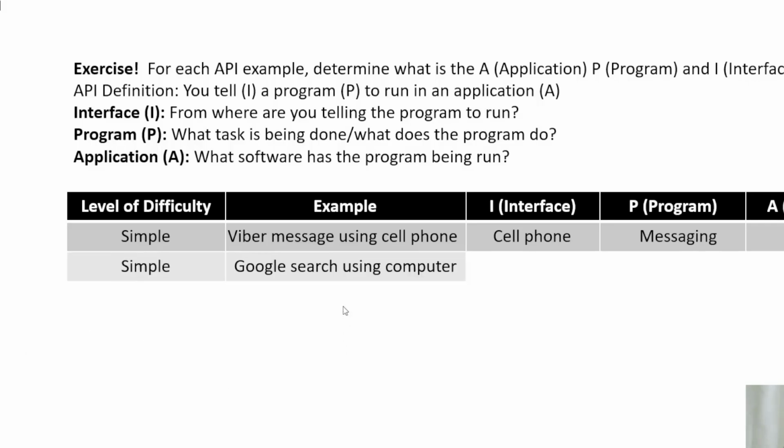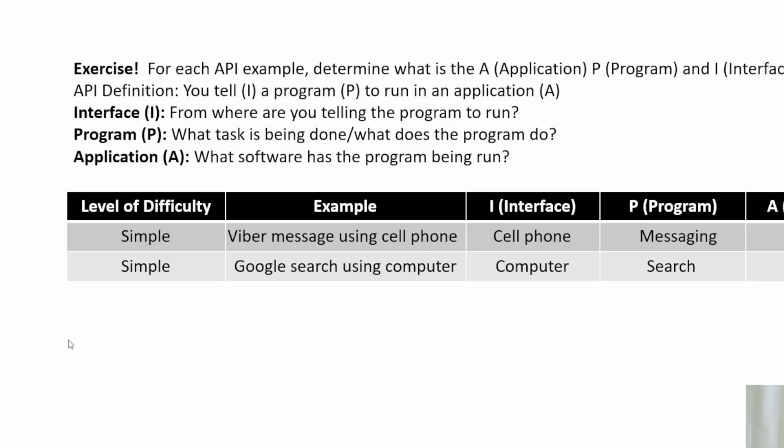A Google search using a computer. From where are we doing the Google search? What is the I? Computer, right? Or if you want to get more specific, from a browser, or if you want to get more specific from that, a Google search engine. All those answers are correct. Interface just means the point at which we're asking the program to be run. What is the P in this situation? Search, right? The program does internet searches for us. Where is this program located? Who maintains this program? Google,